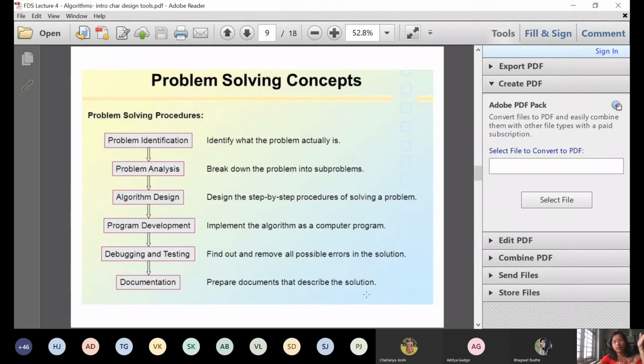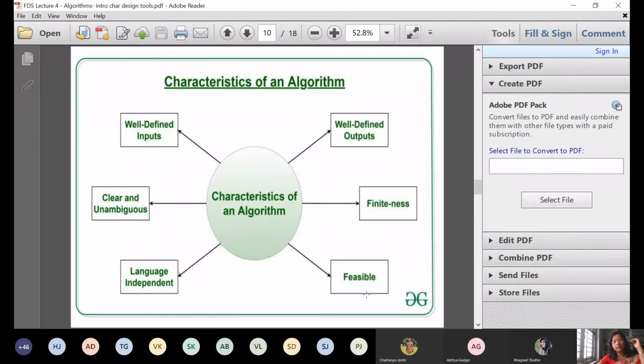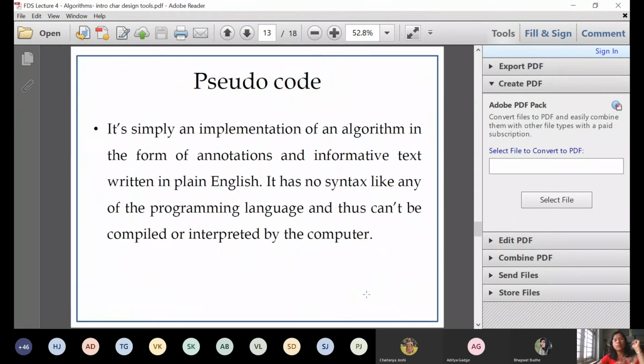Of course, when you are developing any product in a company, you need to go through all these steps in detail. And then, the second last point was characteristics of algorithm, which we have just discussed, so I will not revise them once again. And finally we have seen that there are two design tools for writing algorithm. And what are those two design tools? One is pseudocode and the other is flowchart.